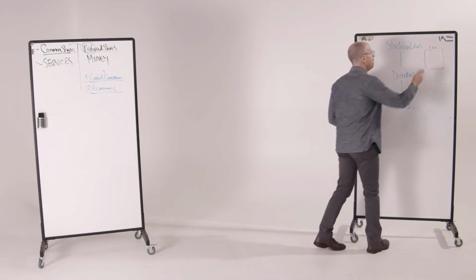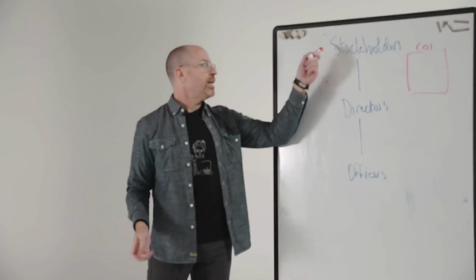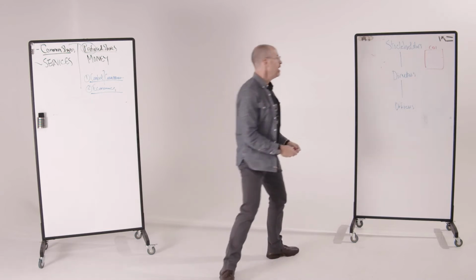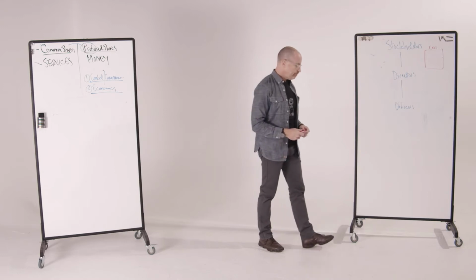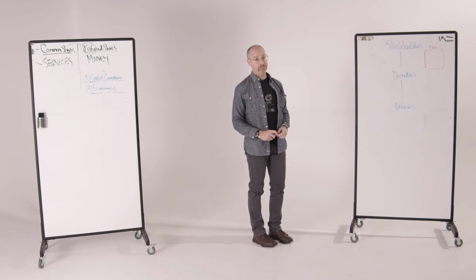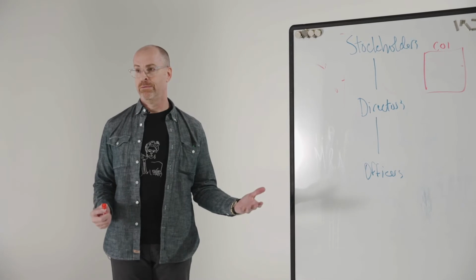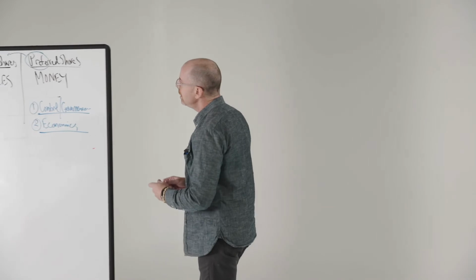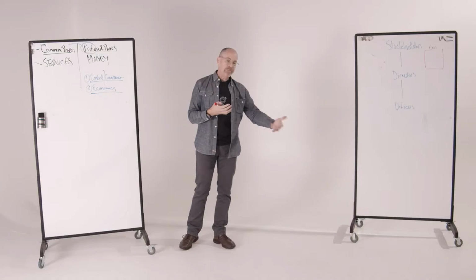Now, anytime you amend this document, anytime you change it, you need stockholder approval. Kind of makes sense. It's the constitution of the corporation. These are the owners of the corporation. It's logical that they would have some say. When are you going to amend the certificate of incorporation? Well, not often. But generally speaking, you will amend it whenever you're raising money. Why? Well, when you're raising money,